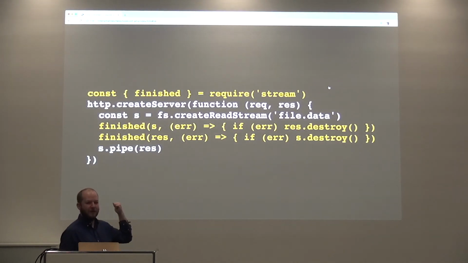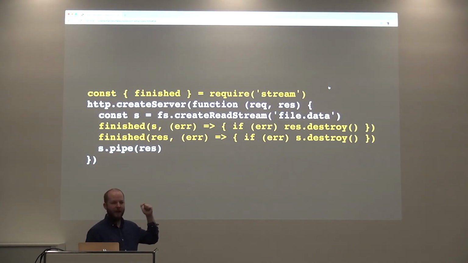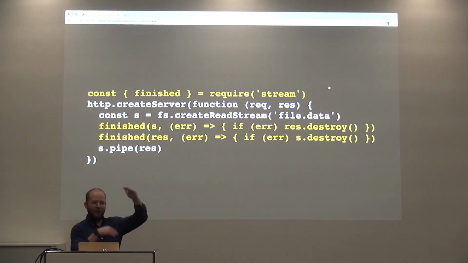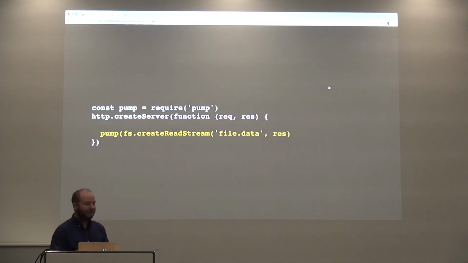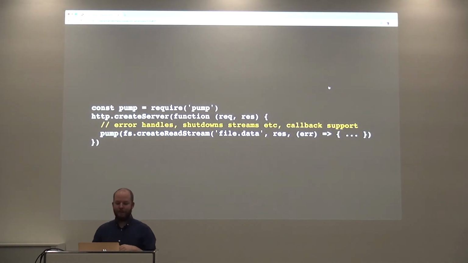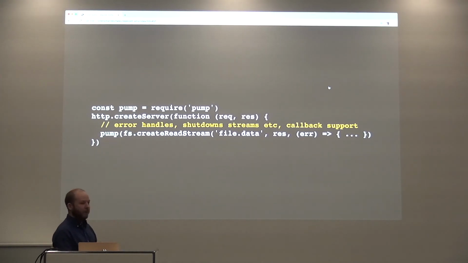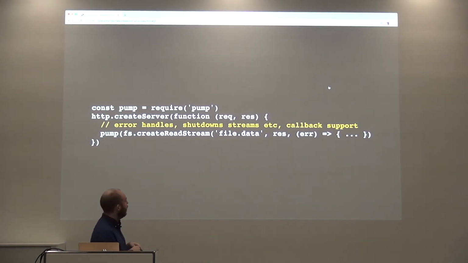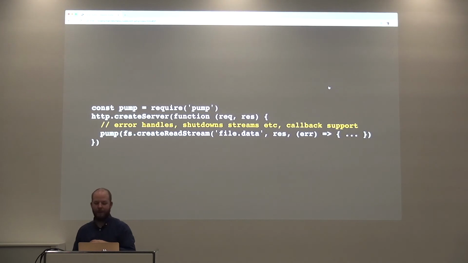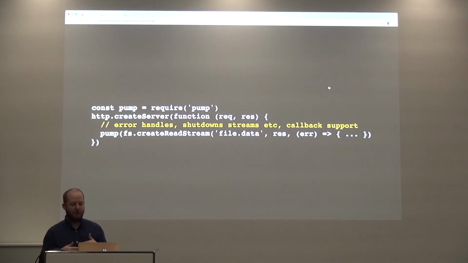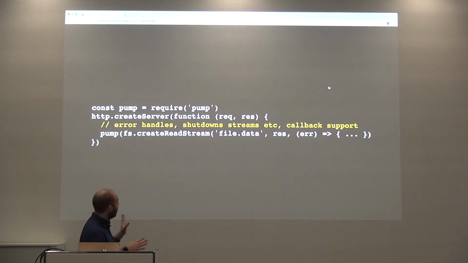You can do this yourself if you wanted to, but imagine if your piping had a gzip stream in between, it gets very dense really fast. So if you use the pump module, it does that for you. No memory leaks. It does error handling too, and gives you a little callback at the end that you can promisify. Again, this is before we did promises. When the pipeline is done, it does all the dance with shutting down the streams if there's an error. That whole thing, super nice.